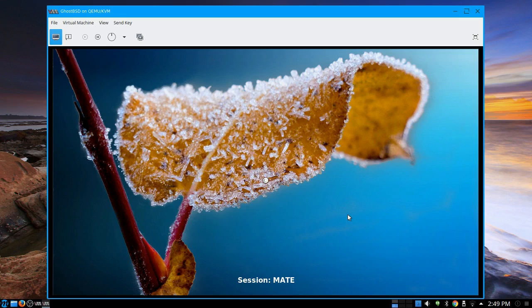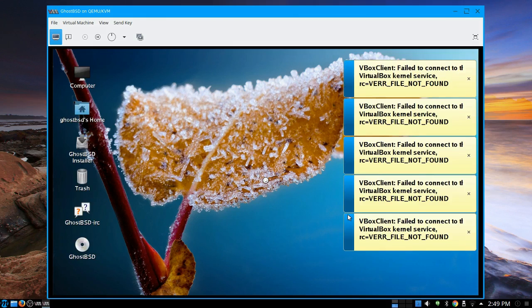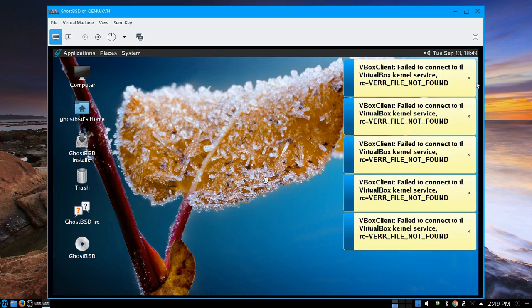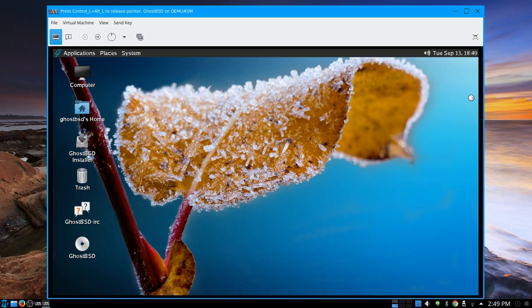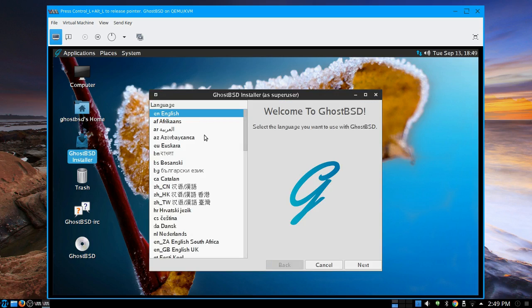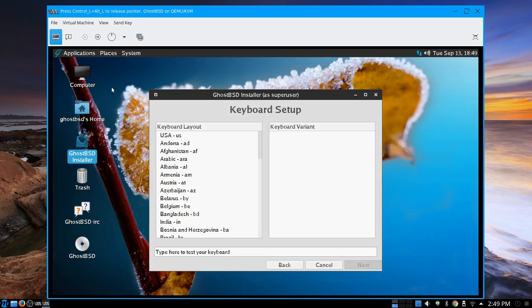And obviously they have made it so that we don't actually need a password. Well, that was fun. All right. Okay, so we got all those errors there about VirtualBox. I don't really care that VirtualBox isn't available. But what I want you to do, two things. One of them is there's obviously an installer here, and maybe we should just go ahead and install this. Obviously, we're booted up off the live CD there, so I'm just going to say next, and I'm going to say keyboard layout is USA.